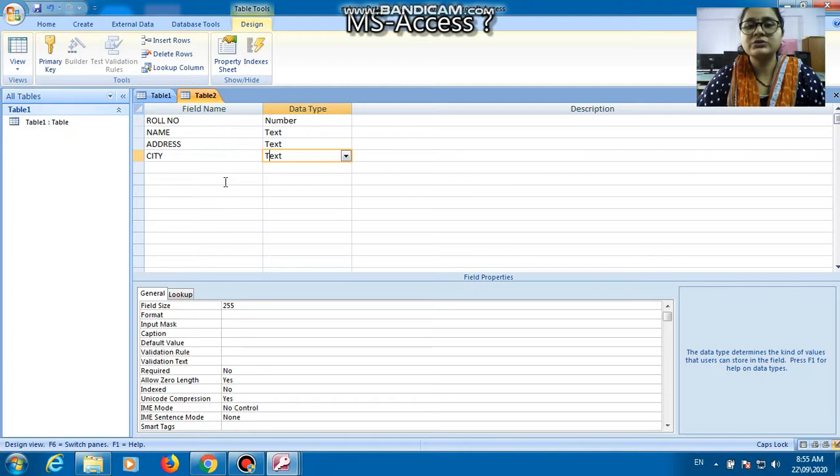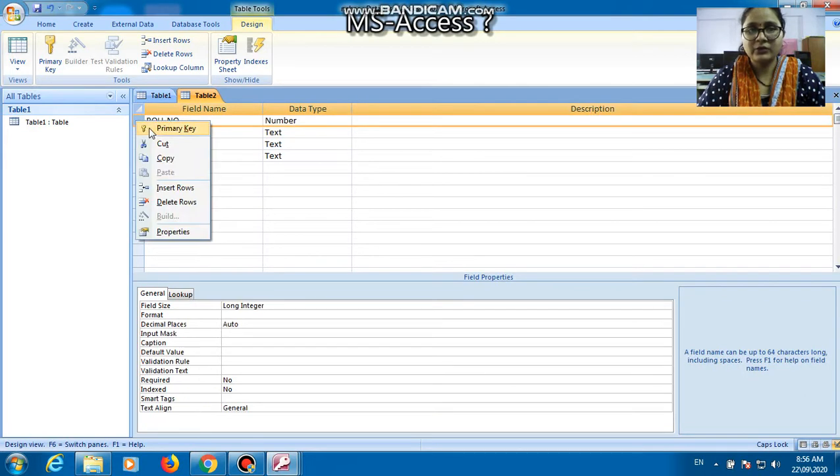Now everyone knows each table contains at least one primary key. If you forget to give the primary key, the database automatically adds one more column named ID as a primary key. So the better way is to give a primary key in your table.